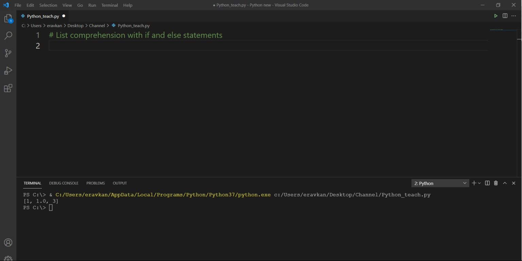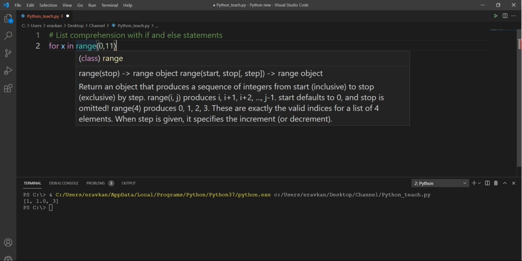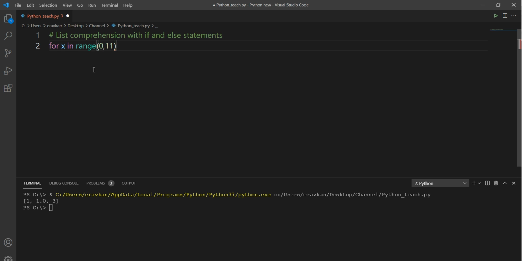Okay, suppose I have this for x in range 0 to 10. For odd values I will print odd, and for even values I will print the even number directly. Like result, I will create a list: x if x percentage 2 equal to 0, else I will print odd for x in range.